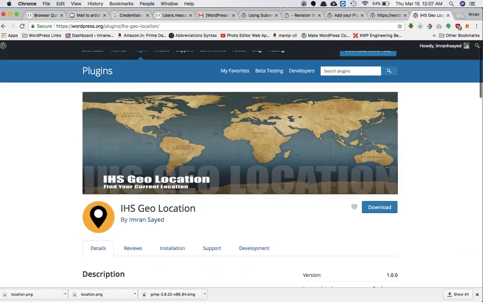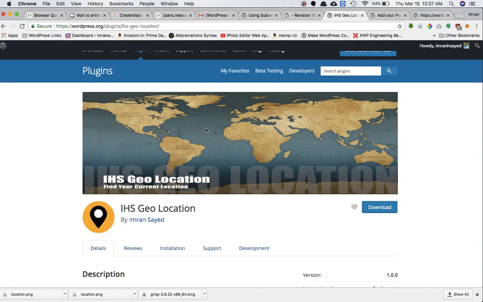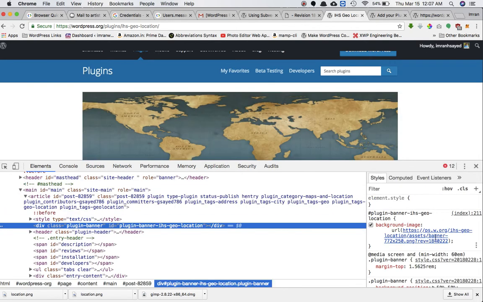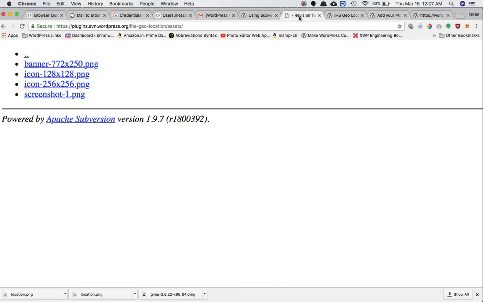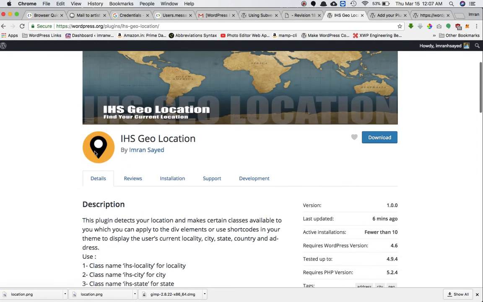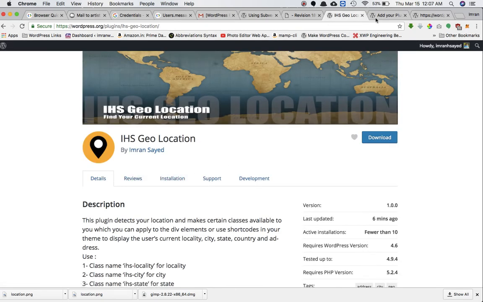Okay, so let's see, you've got the banner, you can see this is the banner. This is the banner I had put. If you do inspect element, you can see that this is the banner-772x250. That's the banner I've uploaded. Then you have the icon, which is this icon basically. That's the icon I have uploaded here. These two icons, I think one of them might be for the mobile version. And then